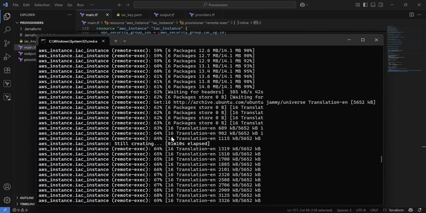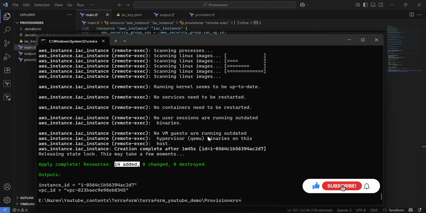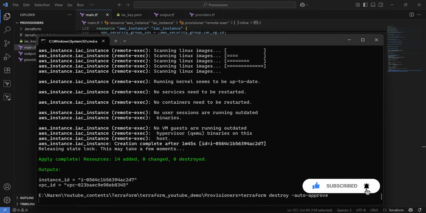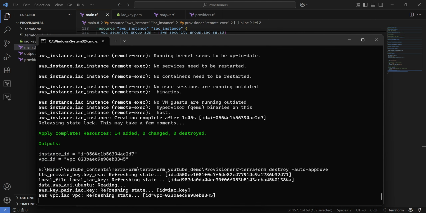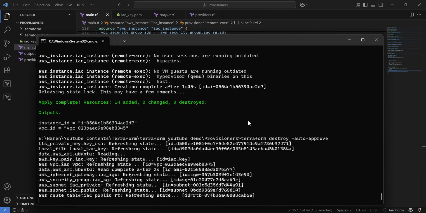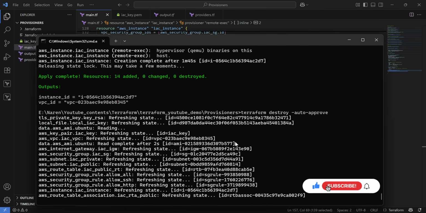I suggest you try the local-exec and file provisioners and let me know in the comments whether you succeed or not. So let's destroy our resources that have been created. We don't want to keep our resources running because it costs money. So it's always best practice, after you run your script and if you have no use for the resources, to always destroy them. So we are now destroying all our 14 resources that have been added by us recently,